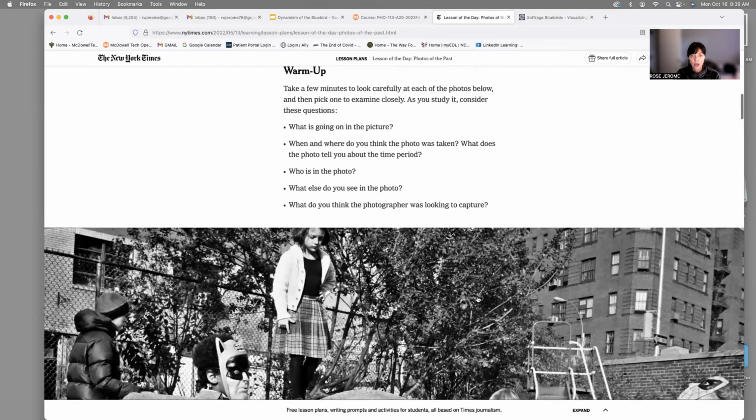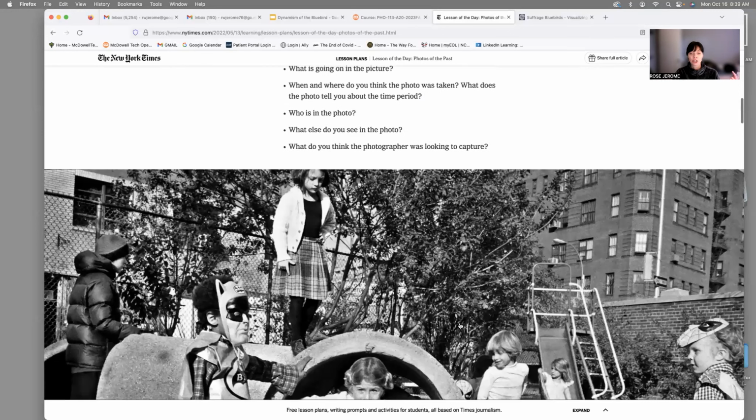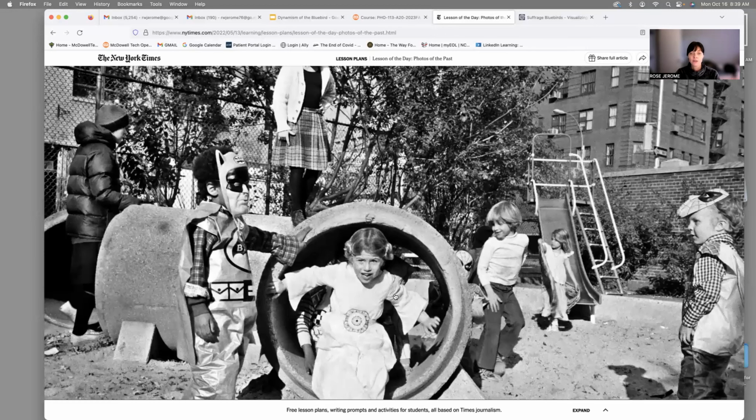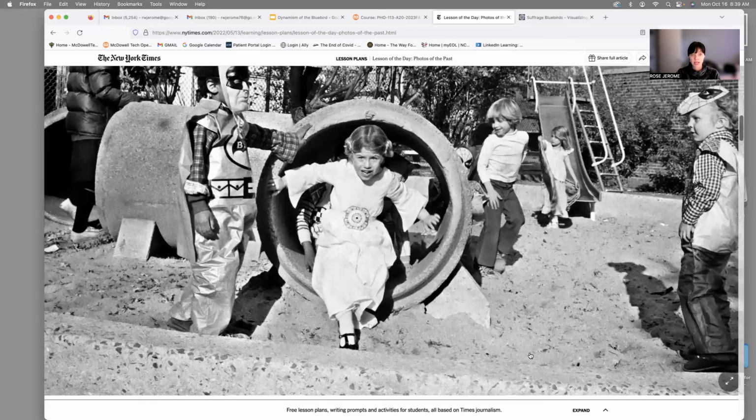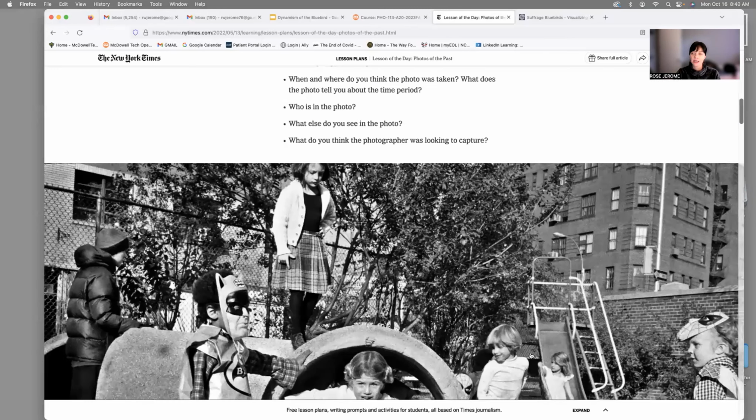What is going on in the picture? When and where do you think this was taken? What do elements in the photo tell you about the time period? Think about architecture, but also clothing. And here she's dressed as Princess Leia. It gives you a sense of what was popular at that time. We've got Spider-Man, we've got Batman. You can tell, from their clothes, and because it's Star Wars, I'm going to guess this was made in the 80s, right? So there's little things that can help you